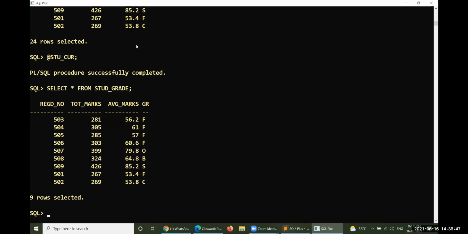Now you could get the proper data. Duplication cannot be there at this moment because previous data has been deleted. Duplication of data will not exist since you have deleted the data. So in this way, the cursor gets executed.